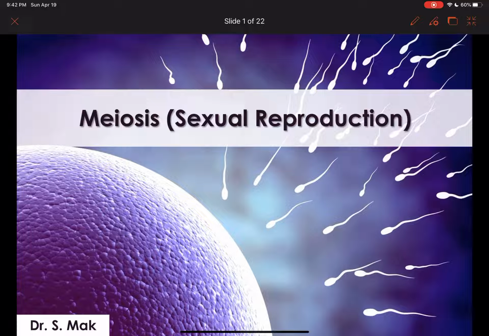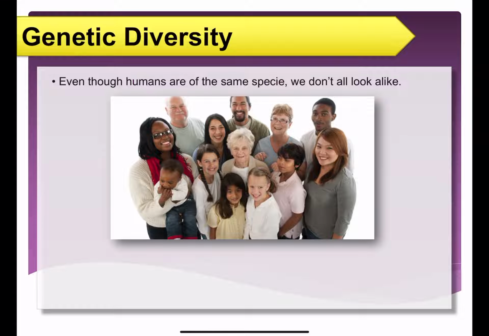done last week already. Okay, so from chapter 10, we learned that mitosis is a type of cell division where daughter cells are exact duplications of their parent cell. But if all cells undergo mitosis, then technically speaking, we should be 100% clones of our parents. And yet this is not what we observe in the natural world. Even though we are born from cells that came from our mother and father, we are not duplications or clones